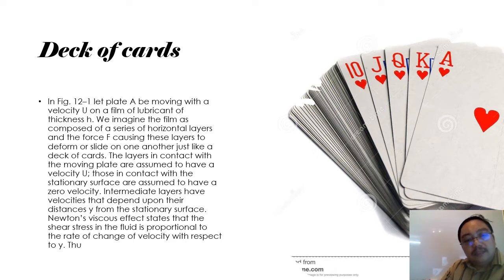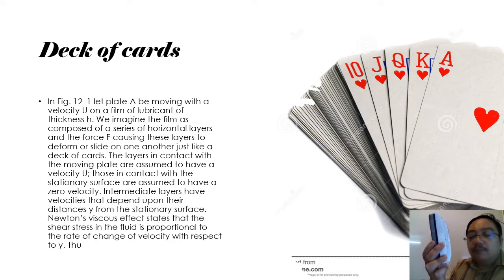This book gives an example of the deck of cards. You can read all this statement. It represents the difference between the falling of a deck of cards and the falling of a normal structure. This is a normal structure; when you fall down, it falls down like this. But the deck of cards, you see here,